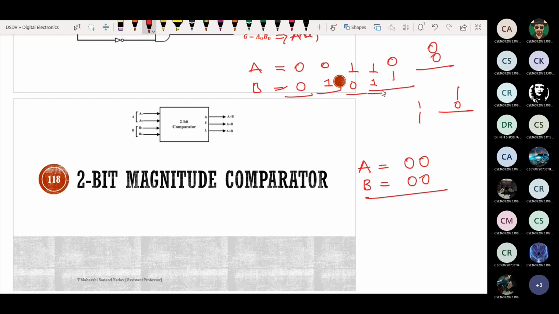Now how many input combinations are possible for a 2-bit magnitude comparator? A will have 2 bits. B will have 2 bits. So can I take like this? I'll take this as A0, this as A1. This is A1 and this position will be B0, this one will be B1.